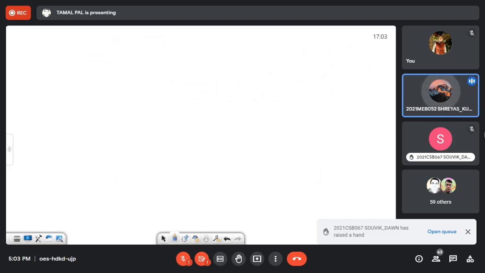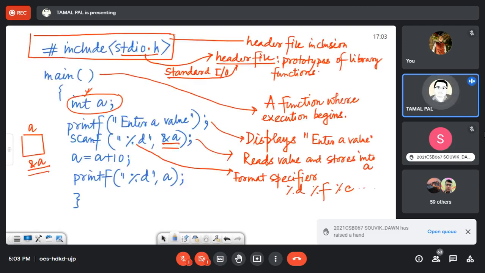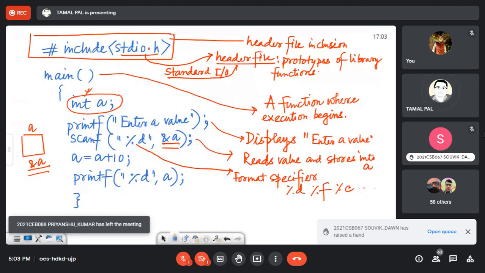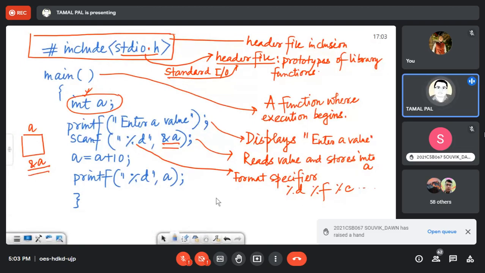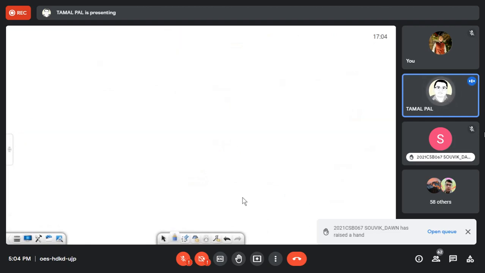Where does it read the value from? Yes, the user actually inputs the value. I will try to show a demonstration of this program, otherwise you cannot properly understand. When we run a program on the console, we have to supply this value, and this value will be taken from the console into the memory location.